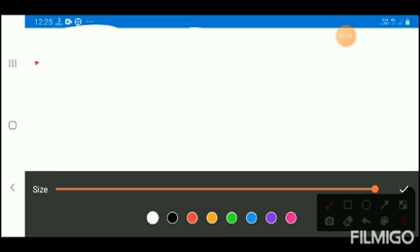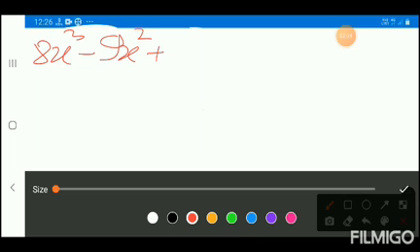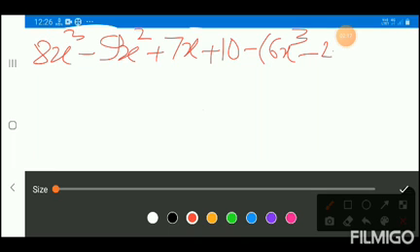8x cube minus 9x square plus 7x plus 10 minus 6x cube minus 2x square plus 3x minus 6. Okay, now